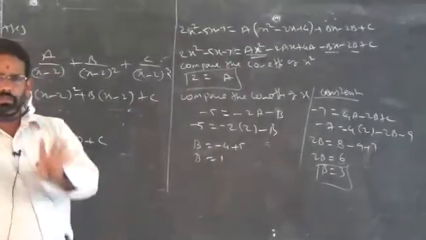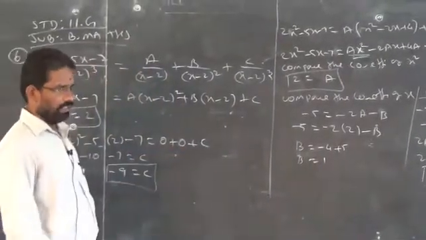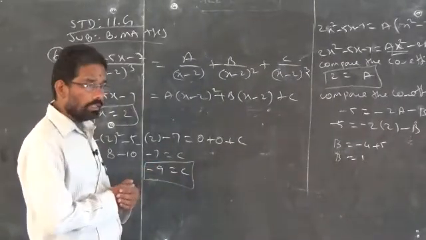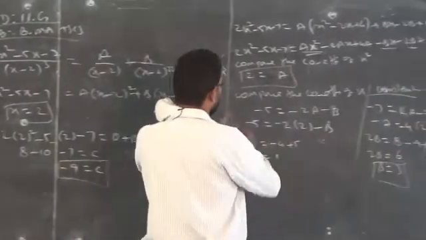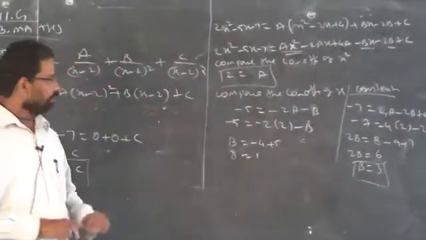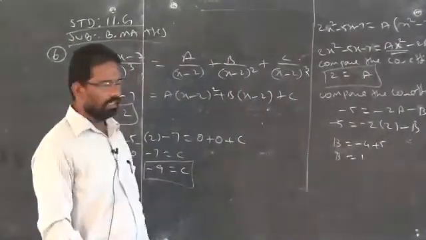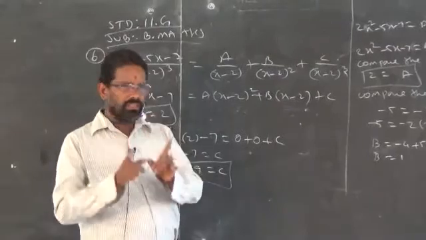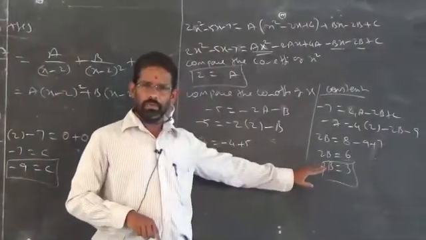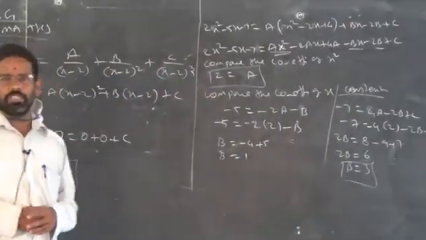Out of these two answers, one is correct. You have to find out which one is correct. Clear? So again, how do you verify that result? Again you compare the coefficient of x from the beginning itself. Boys, I know I can teach straight away how to find the values of a, b and c. Some of you are making mistakes in this area, that is why I did both methods. Clear? One I did deliberately wrong. So now you have to find out which one is correct.